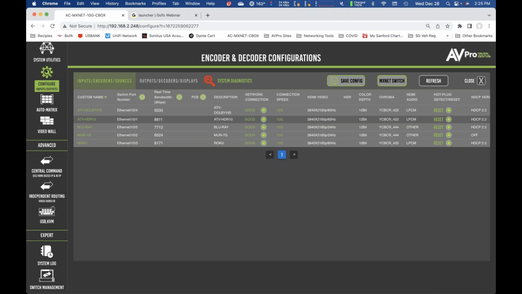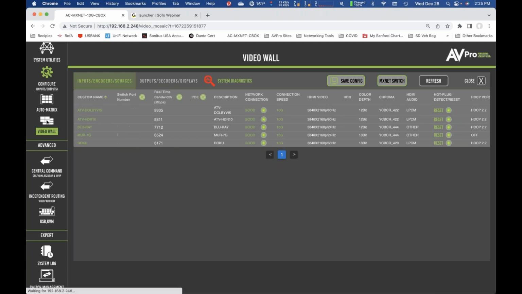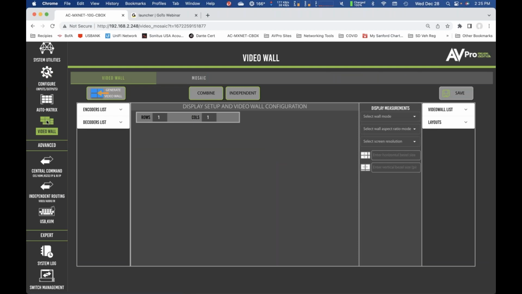This has saved our installers thousands of hours trying to troubleshoot why I can't get a picture through. This is going to tell you right away why you can't get the picture through. And if the connection's really bad, it goes to fail and turns red, and that's it. So that's that. Now, the other piece is the video wall, and what I wanted to show you here is